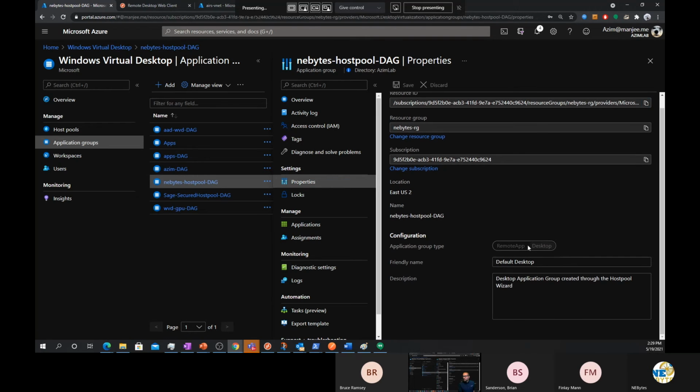And then of course I can actually set a number of different friendly settings here. So I can say this is the NE Bytes desktop, put some friendly name information in there. And then of course,